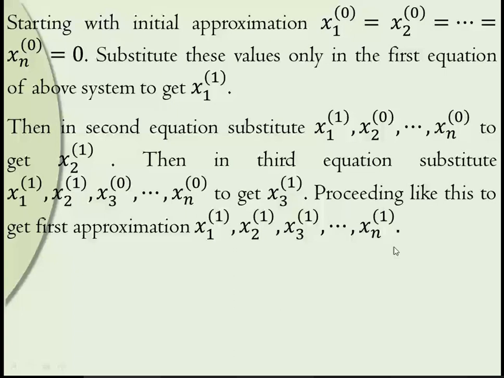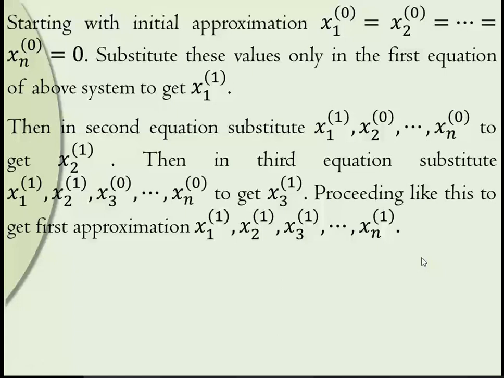Okay, what we do for Jacobi is put all of these equal to 0 in all equations directly. By that we get the first iteration. But here we don't have to do it like that. We just put all equal to 0 in the first equation of the first iteration. Then in the second equation, use this new value and the remaining terms. For the third equation, use these two new values and the remaining terms as 0. Then for the last equation, use all these new values. So every time, whichever new value we get, we use it for the further iteration.